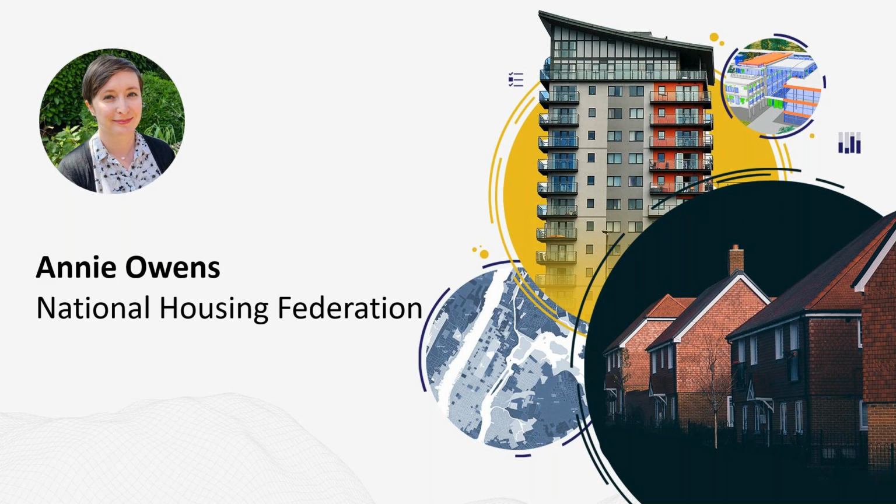So the best examples I've come across are social landlords that will assess which of their homes are more prone to having damp and mould developing. That could be homes that are older, homes with poorer energy efficiency, or homes with particular types of construction. And then they can use that to take proactive steps to prevent damp and mould developing. They might put in better ventilation, or they might take steps to make the homes more energy efficient so that they're kept warmer, so that it's less likely for